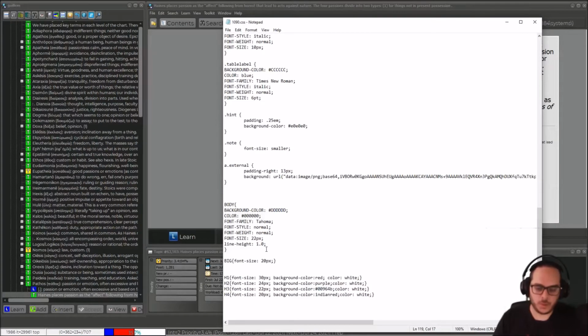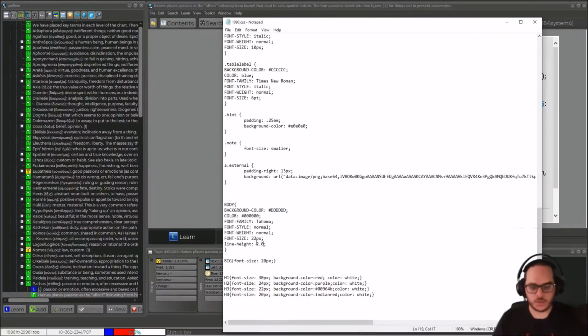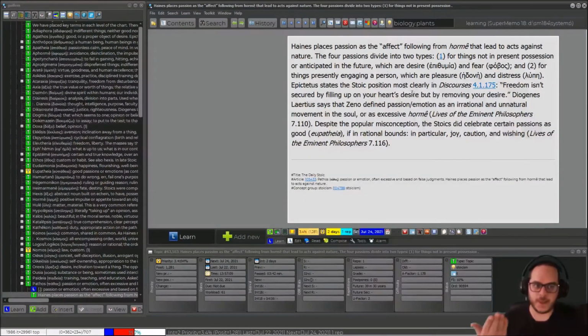It could be 1.3, 1.5, or even 2. I never set 2. Let me. Perhaps it will be excessive. Yeah, that's excessive. And for me, usually I use 1.5, 1.4. Now that's better. Keep in mind that this is a template, so all topics or items, all the elements using the template will be affected. So it's a pretty quick fix to do.